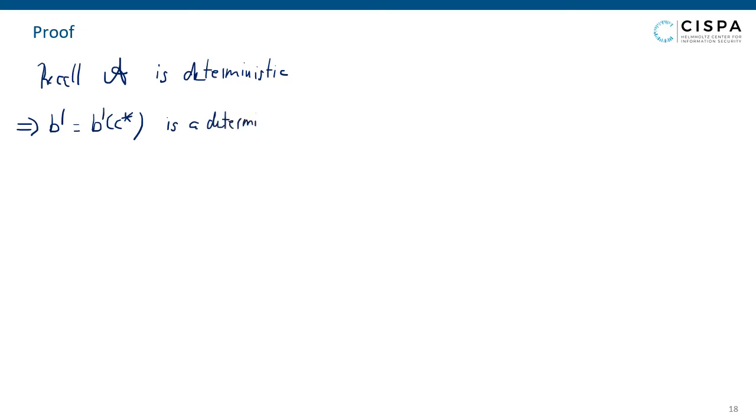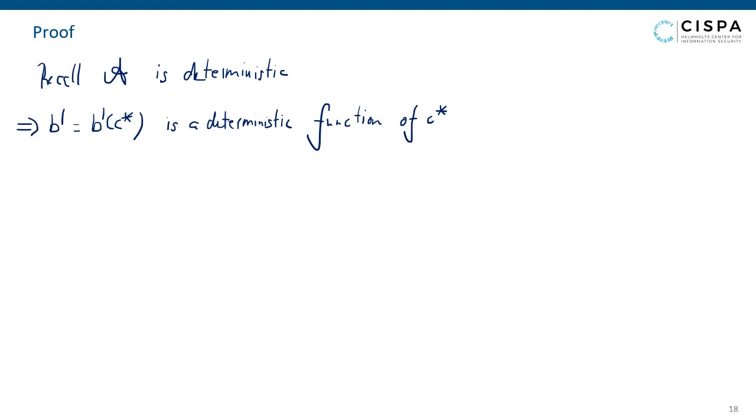So recall that I said the algorithm A is deterministic, which means that the guess B prime that A outputs is just a deterministic function of the challenge ciphertext C star. Okay,